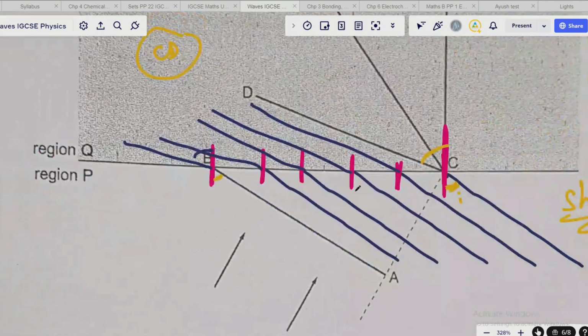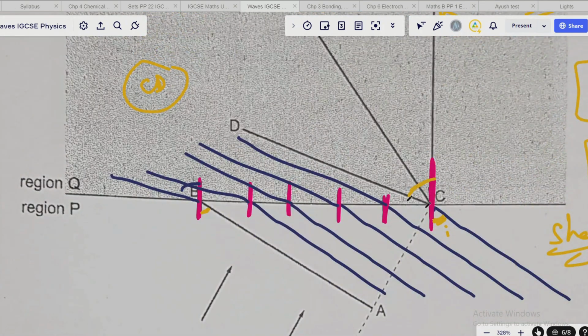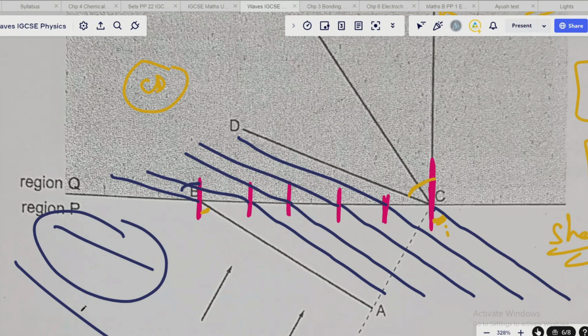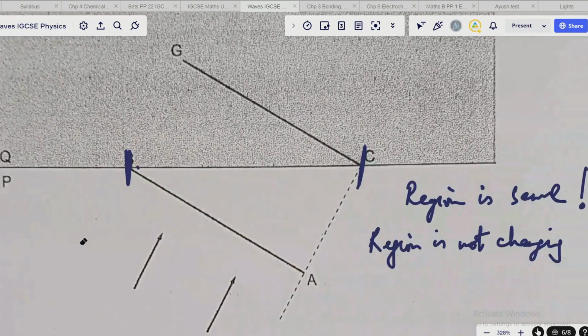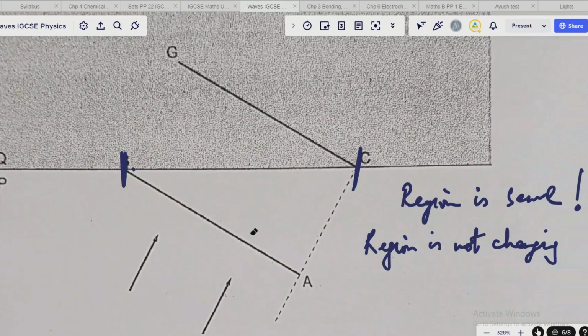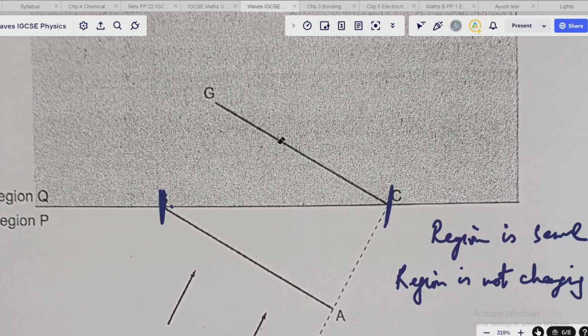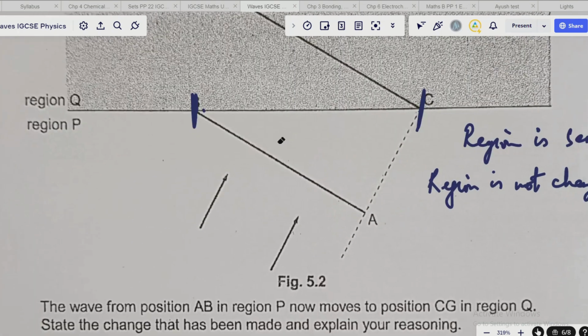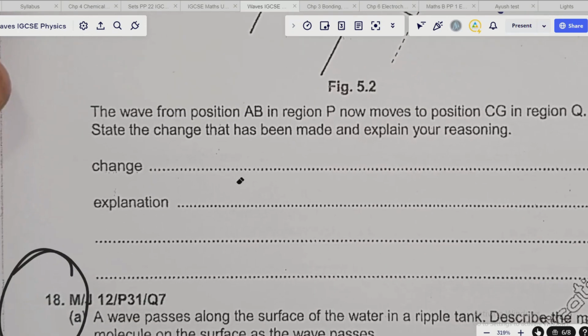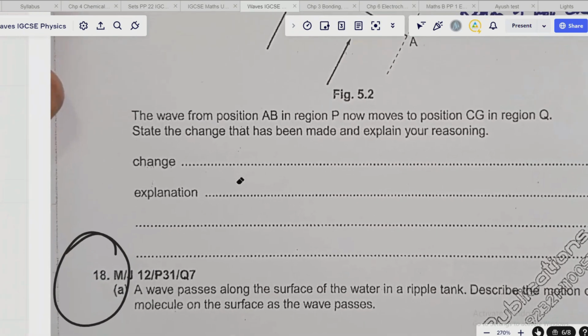Over here, this was a bend. Notice CD and AB. AB is like this, CD is something like this. It is bent. Do you understand this question? Over here, these two lines are totally parallel to each other, if you notice. So as these two lines are parallel to each other, even though we entered region Q, this means that the water over there is not deep. It is the same as it was in region P. Got it? So just explain over here that,